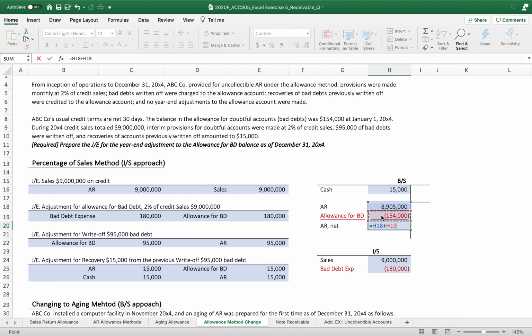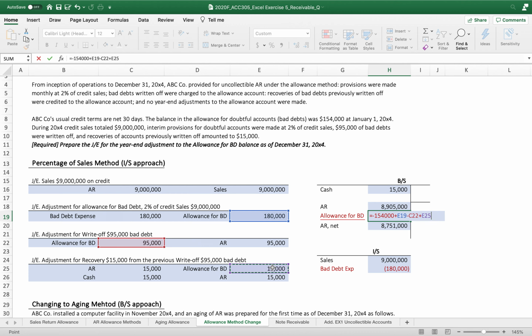Finally, we want to see AR net. We haven't recorded this allowance for bad debt. Starting from the beginning balance 154,000, plus we add additional allowance for bad debt from the provision of 2% of credit sales, and minus the debit, because that is a contra account of asset. So allowance for bad debt from the write-off and